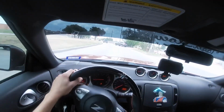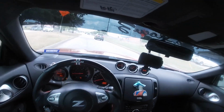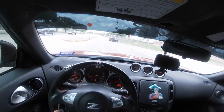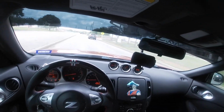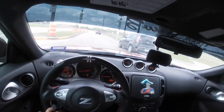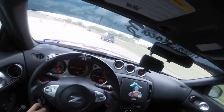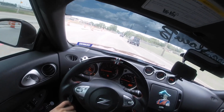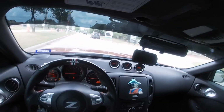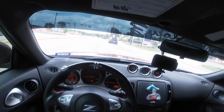I was very nervous about the manual because of the slave cylinder, but just doing research and basic maintenance, it's been fine so far. Hopefully it doesn't go out before I change the clutch. But there's people at 100,000+ miles and their slave hasn't gone out yet. I would say the best way to prevent it is don't ride the clutch and change your clutch fluid a lot. I change mine every 20,000 miles or less, just to keep that fluid clean so it doesn't get hot as fast. All of you manual owners that are watching, every single one of you needs to get that